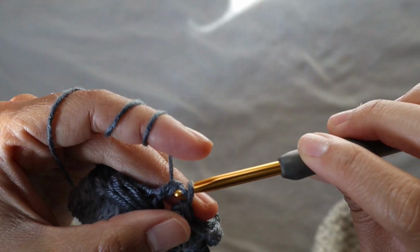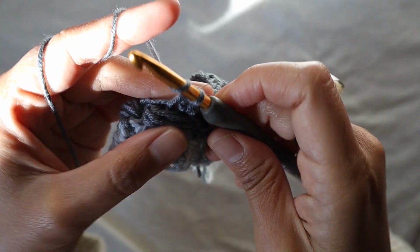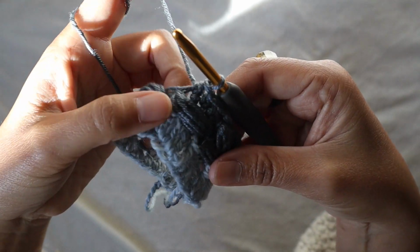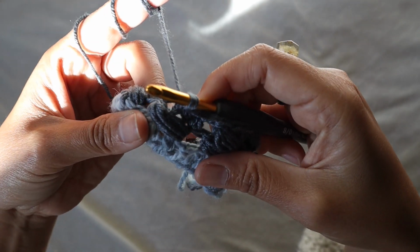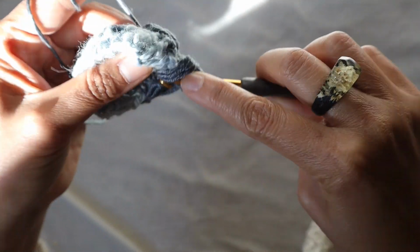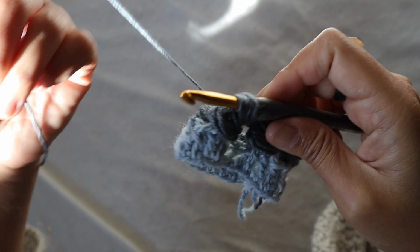I would suggest, instead of watching television or anything, just be in the moment with this piece, because you really need the concentration when you do this piece. You can listen to the audiobook or anything that you just use your ears for, like music. Again, now go there. But make sure that your eyes are here watching your project, because you don't want to